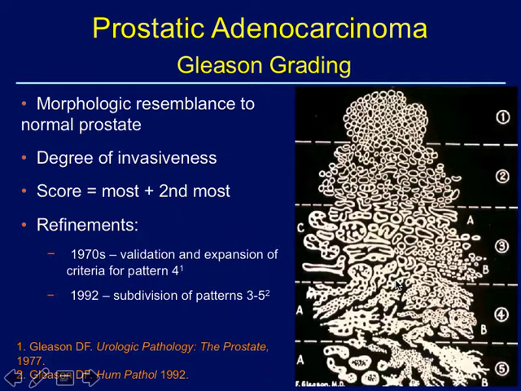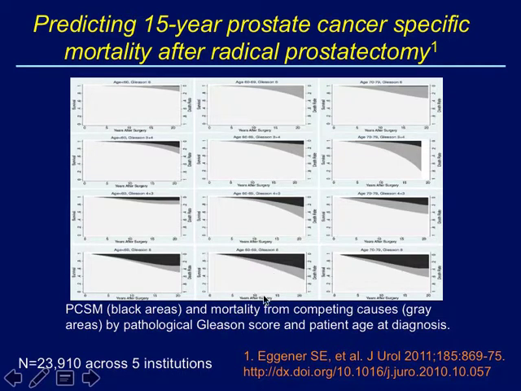And what we've noticed since the time of Gleason is that the business end of this Gleason grading system is down here. These patterns 4 and 5 represent the most aggressive variants of prostate cancer and the things we really need to pay attention to. And so if you look at mortality data, and this is good, this is across 5 institutions,